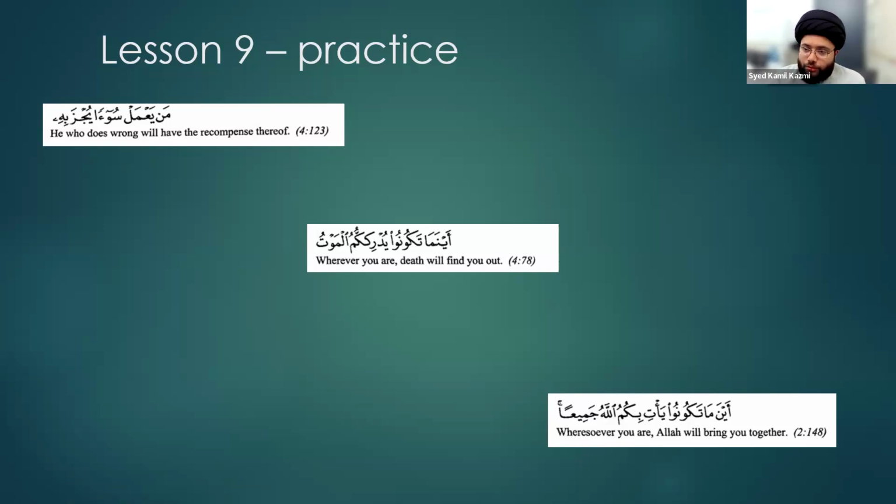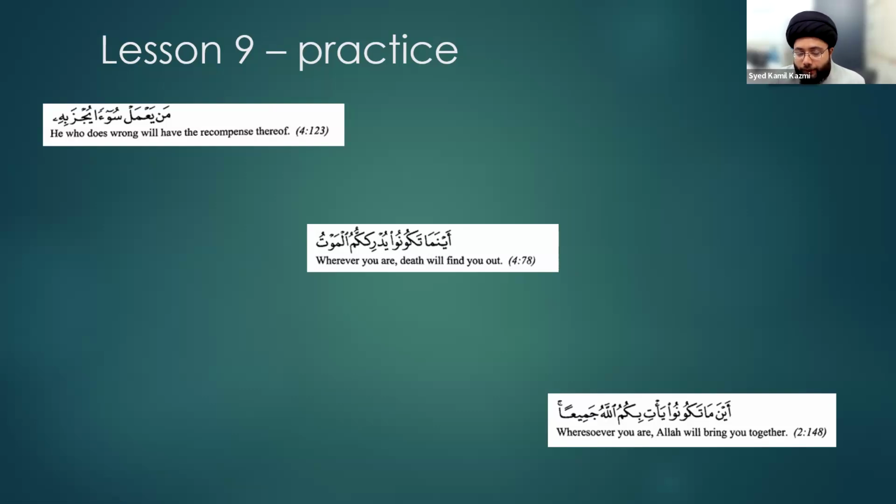أينما تكونوا يدرككم الموت. What's happening with يدرككم? Sorry, if I may go back to takunu, it lost the noon. Does that mean it's also majzoom because it has the sukun on the alif? No, so remember,